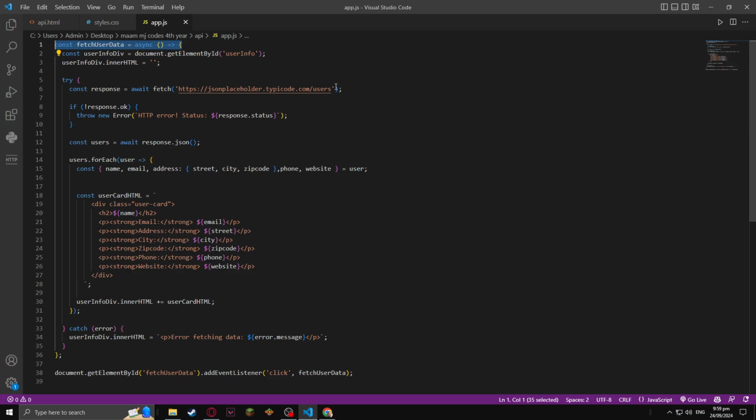an API. Then this line of code over here gets the ID from the user info div on the HTML, and then this code over here ensures that there is no pre-existing content on my HTML web page when I open it, so it clears everything. And then this code over here,